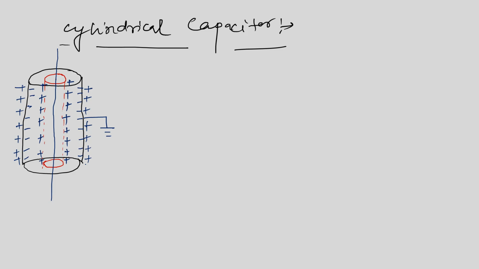Be careful whenever you are listening to this lecture. Inner cylinder and outer cylinder, don't get confused. In the inner cylinder, all over the area of the curved surface, positive charge is present. But for the outer cylinder, in the inner surface of that, negative charge is present, because the charges are attracted by the inner cylinder, and on the outer surface positive charges are present because they are repelled by the inner cylinder.